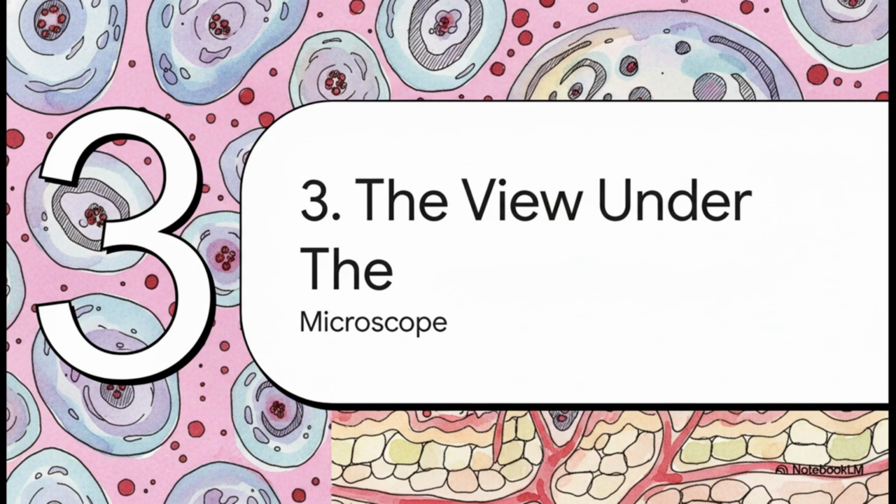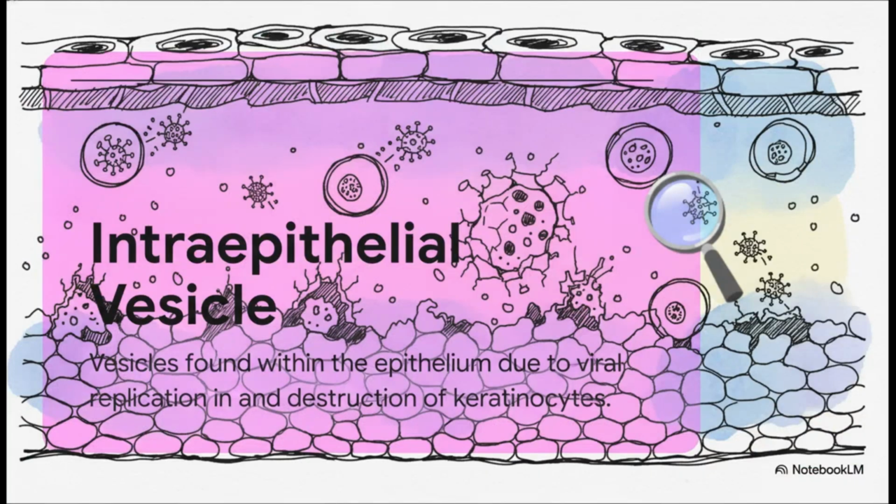But understanding what's happening on a cellular level really helps connect the dots. So let's zoom way in for a second. The microscopic hallmark of this disease is something called an intraepithelial vesicle. All that means is that the blister forms within the epithelial layer itself. The Coxsackievirus works by getting inside the skin cells, the keratinocytes, and hijacking them to make more copies of itself. This process ends up destroying the cells, and that destruction creates the little fluid-filled pocket that we see as a